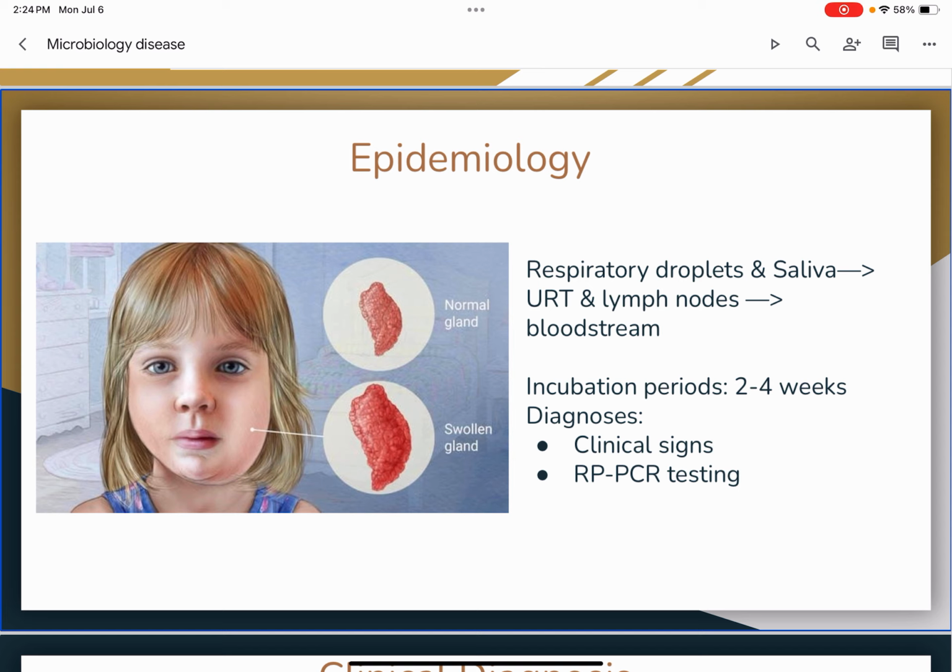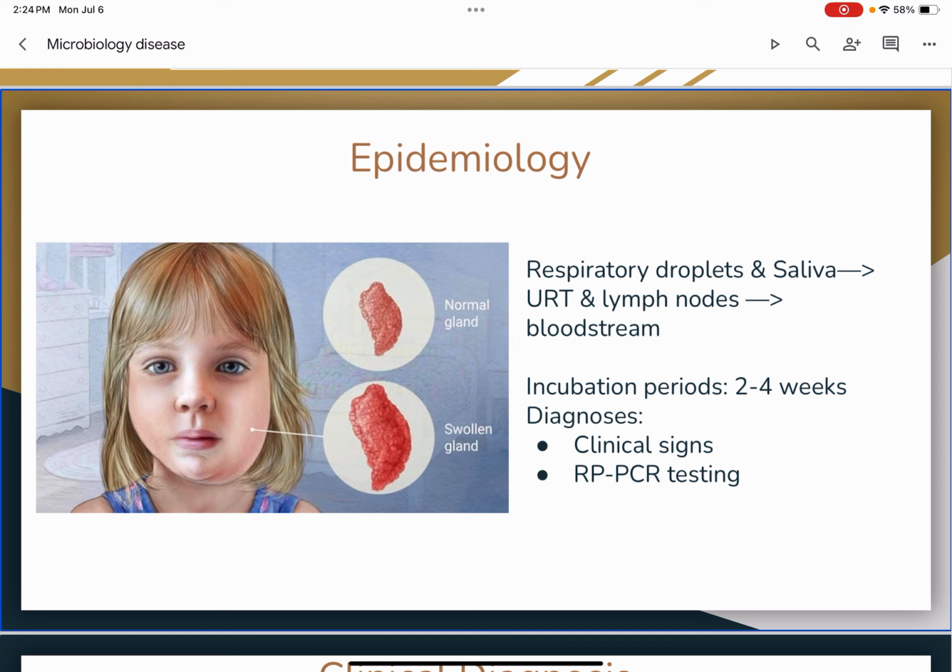Individuals are actually most contagious from about 2 days before the swelling begins, and this lasts until about 5 days afterwards. And it has an incubation period of 2 to 4 weeks, so someone can be infected for quite a while